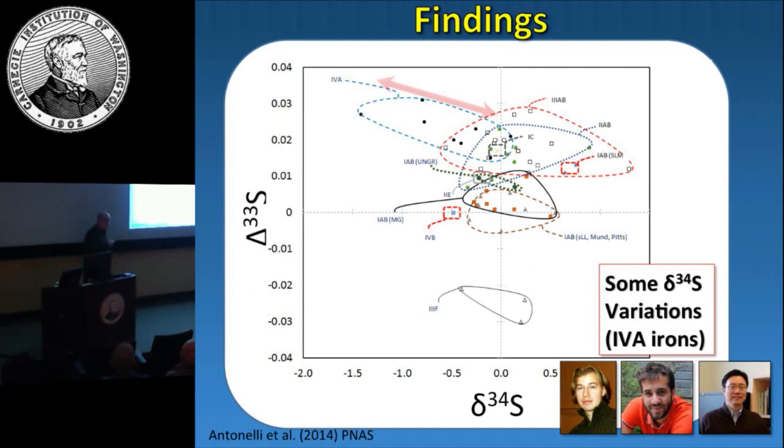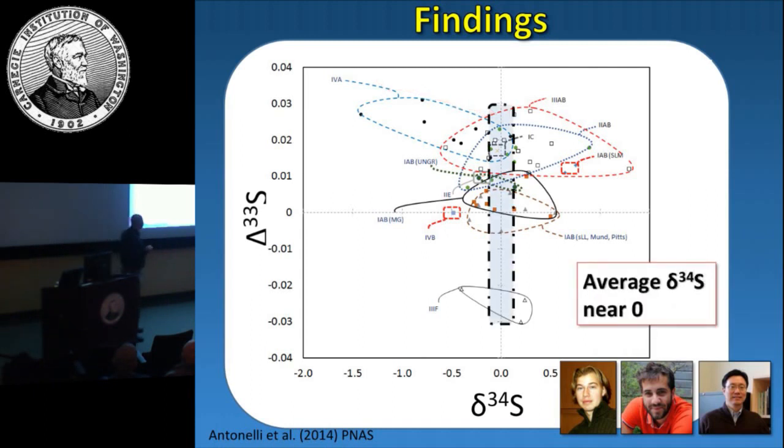I don't have any explanation for why they should be different than the others, but it is one of the unknowns and some of the features that pop out of this data. I think that this is a chemical signature that is showing up in the delta 34S. I don't know about this point out here, whether that's just a bad measurement or if there's something there. But the 3ABs are another area where we want to look further.